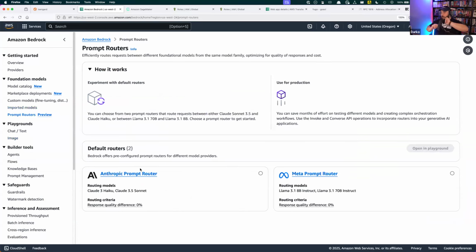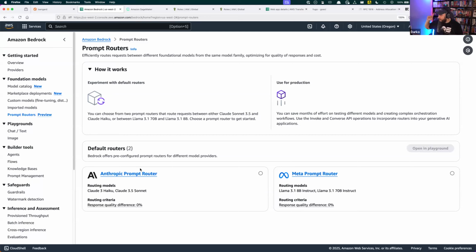Picture this: you build an application powered by generative AI, and your user comes and asks a question, I don't know, what is your policy on returns? And your model gives an answer, right? But then your user says, explain to me blah blah blah, something incredibly complicated. The problem is you have to pick the strongest model for that one, right? You have to pick the biggest, most expensive, slowest model for that whole application, because you want to make sure that your users get the right output at the right time.